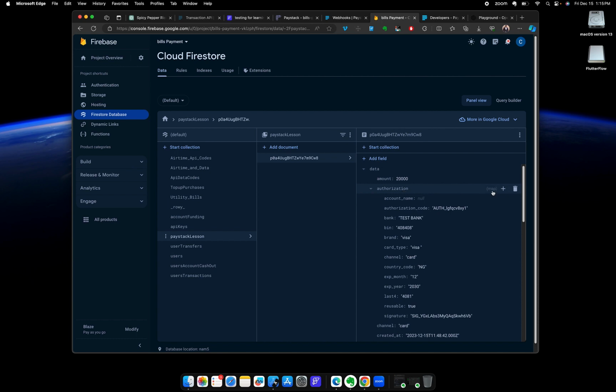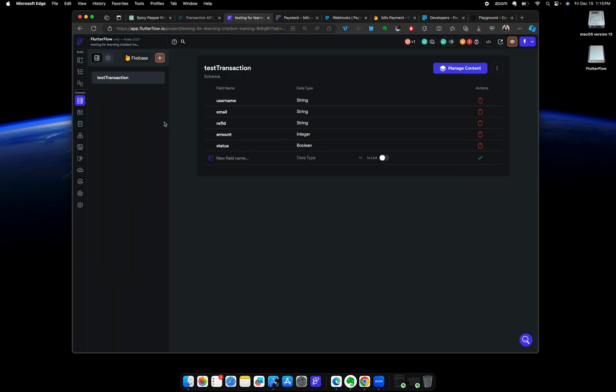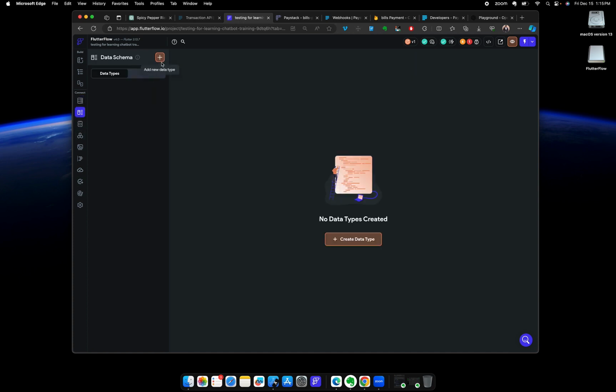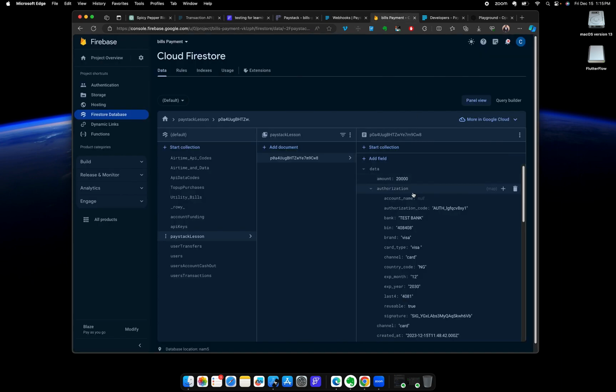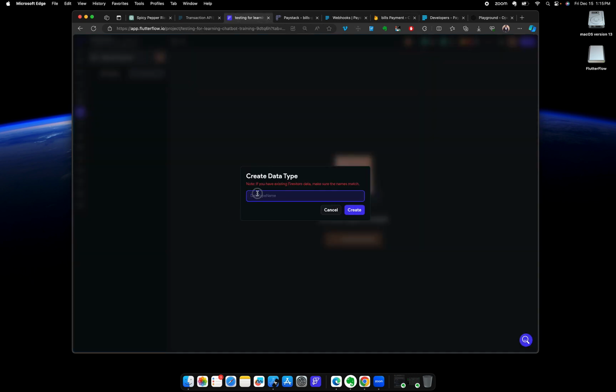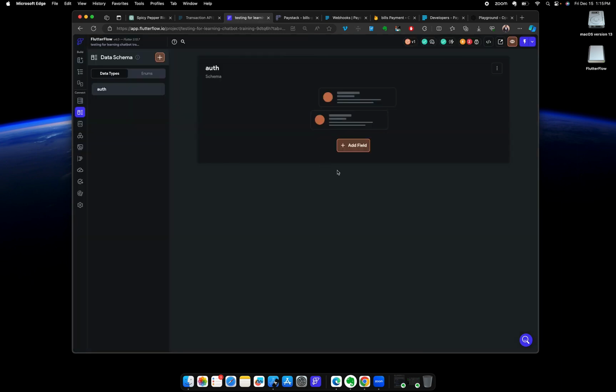Now, for those who work with FlutterFlow a lot, that method of storing data will be called a data type. If you don't understand it, maybe later you can ask questions down below and I'll try and explain it. Basically, if I wanted to represent this section called authorization in FlutterFlow, that means I have more information down below, all embedded in one field. The way I would build it is let's just call this auth. It means authorization, and then it can have things like